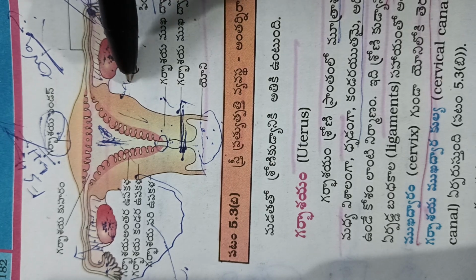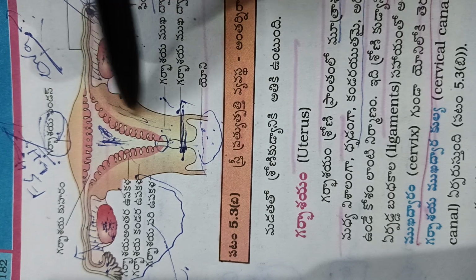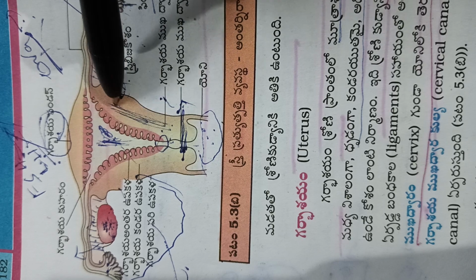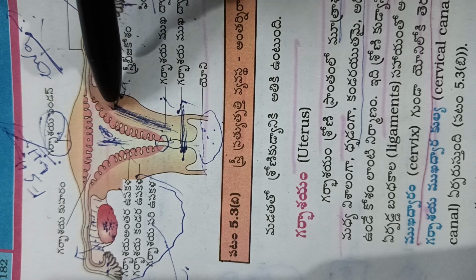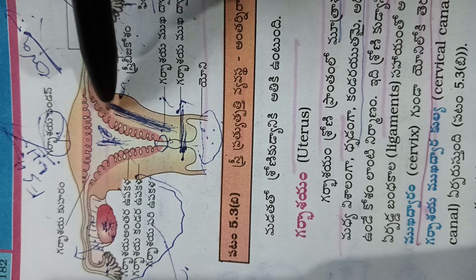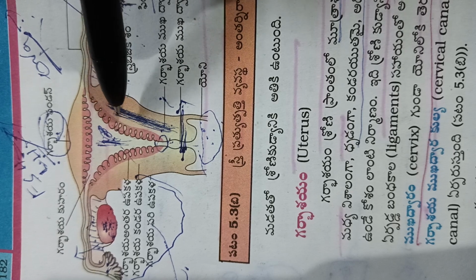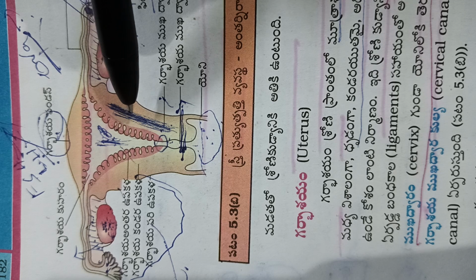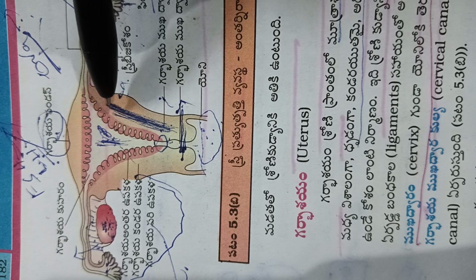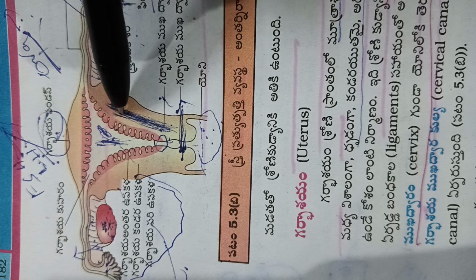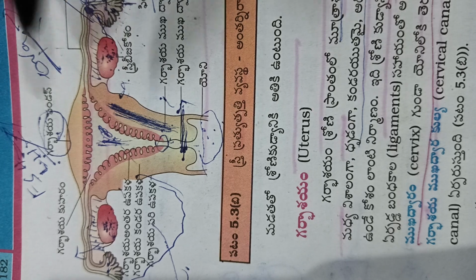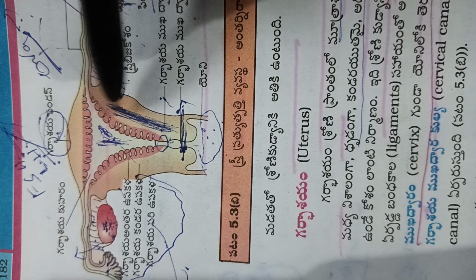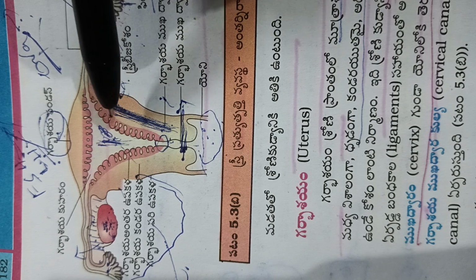So the outer thin layer is perimetrium, the middle muscular layer is called myometrium. This myometrium is useful for the contraction of muscles during labor pains. When the labor pain comes, the myometrium present in the uterus contracts continuously, so that the walls of the uterus contract. When the walls of the uterus, especially the myometrium walls, are contracted, the uterus can push the child from the uterus to outside. That's why the myometrium walls present in the uterus are responsible for the